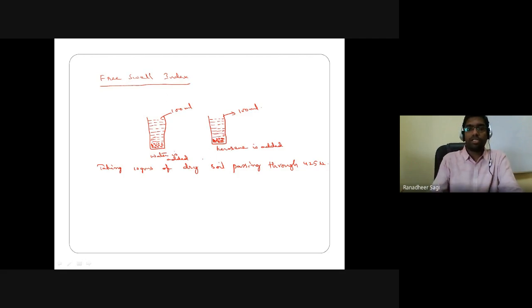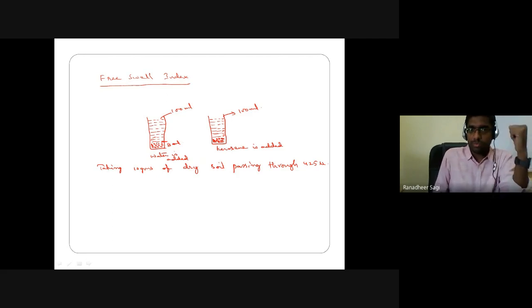Now I will be allowing this. First, we'll add water in one beaker and kerosene in the other, and allow them to interact with the soil grains placed in the beakers for 24 hours. We'll allow this process to continue for 24 hours, and after that period, what we are going to see at the bottom of the beaker is this: initially, let's say the volume of the soil grains is some 8 ml. So it has occupied a volume of, let's say, 8 ml in the beaker.